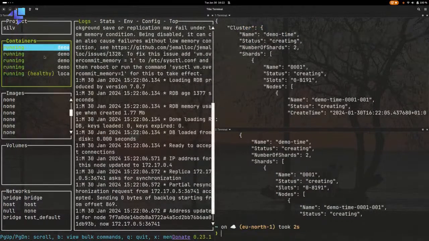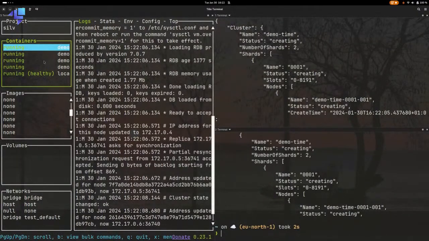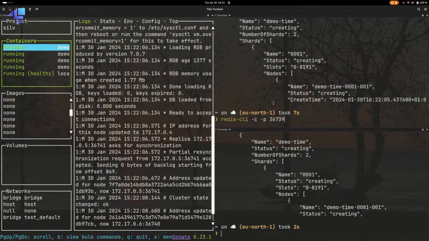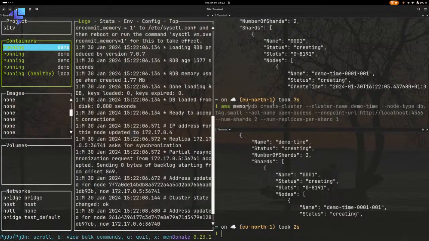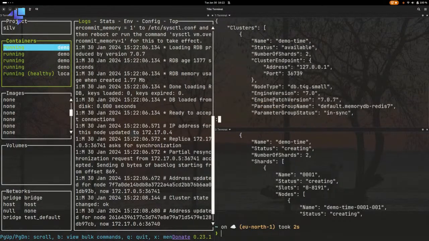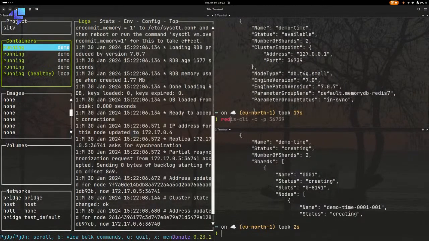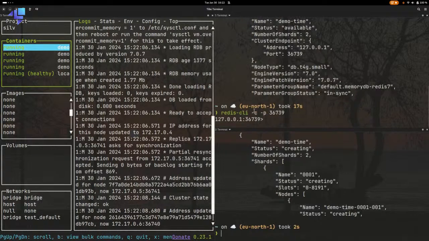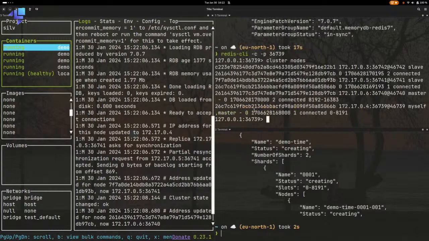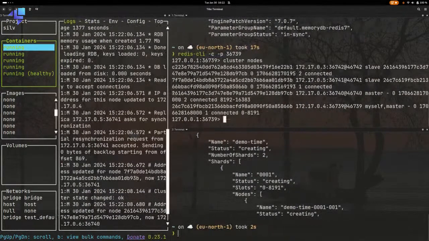Looking at it, we immediately see that we launched 4 different containers, one for each of the nodes. Looking into the clusters that we created again, we see that it's already available, and we already have an endpoint, localhost at this port, which is one of the main nodes inside of the cluster. If you look at AWS, it's still creating. And then we can connect to this cluster because it's already available while AWS is still creating. We can see that the cluster is already working. We have 4 nodes, 2 master nodes and 2 replica nodes,